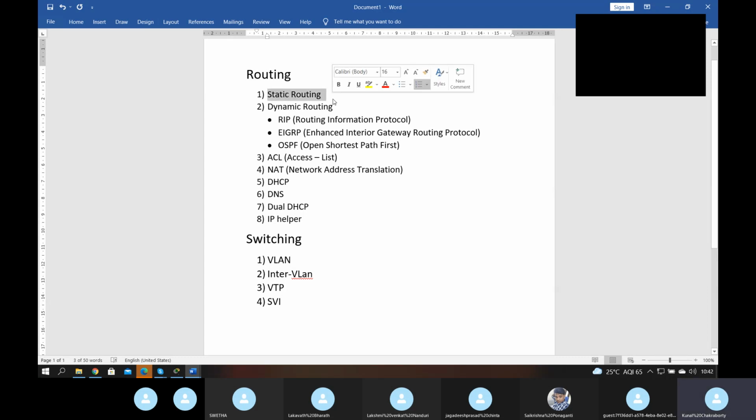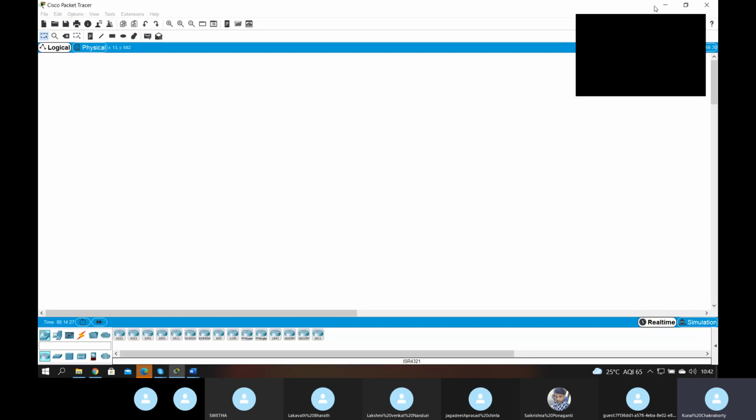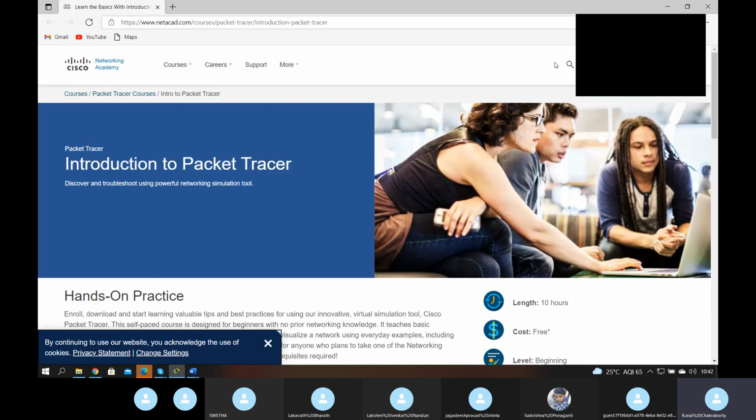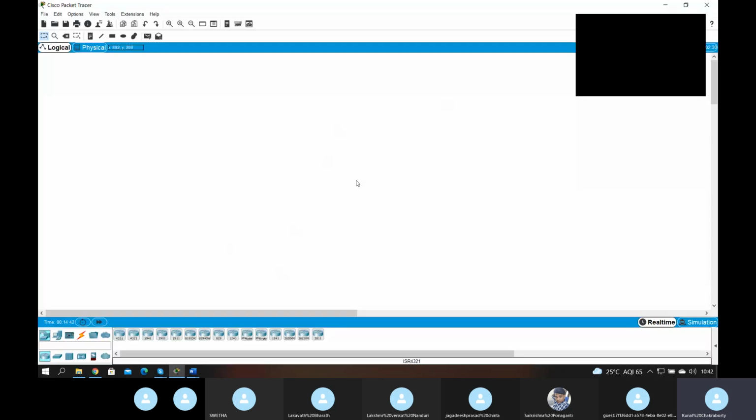Before doing static routing, let's get familiar with the software called Cisco Packet Tracer. So this is your Cisco Packet Tracer dashboard.